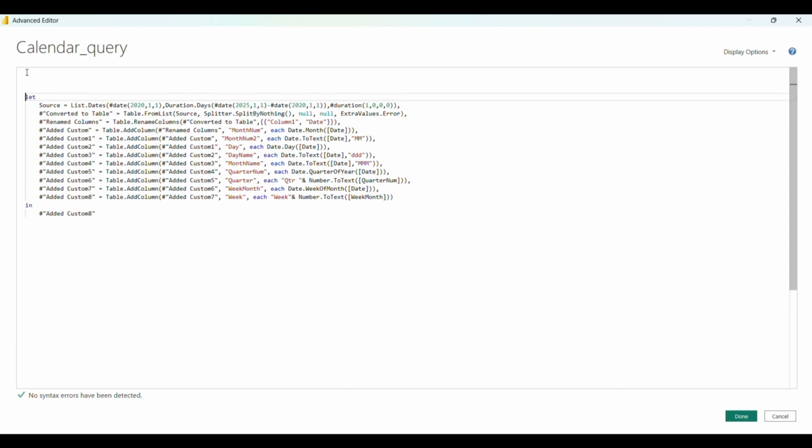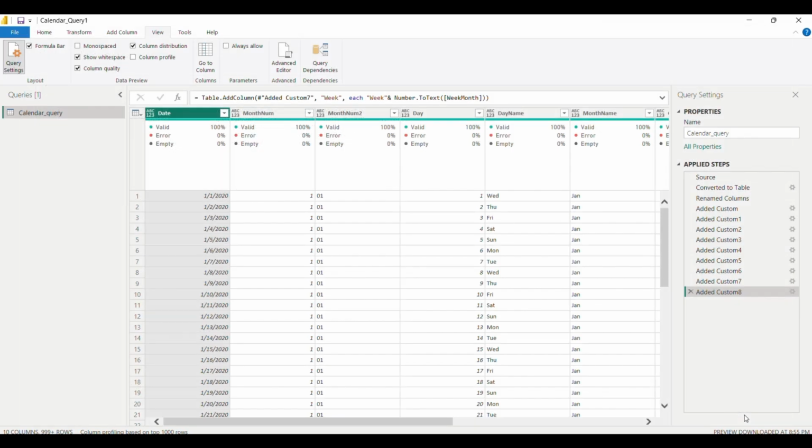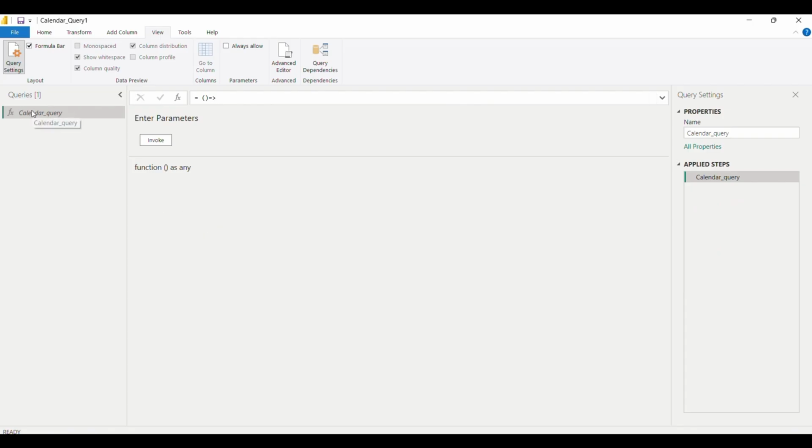Just press enter like this, and we can open parentheses, type equal and greater sign, and inside the parentheses we will be able to add as many parameters as we want. The sign equal and greater means go to this code, and inside where we have the start date here, we can add our parameter, also in the duration days when we do the subtractions, and also the end date. And let's just do that. We'll click done. Our table was transformed into a function now.